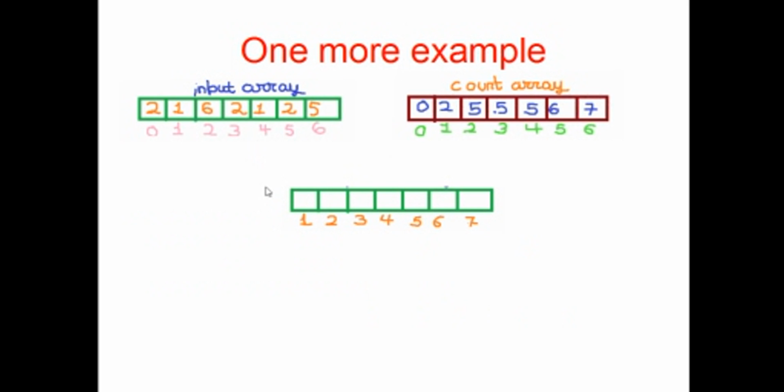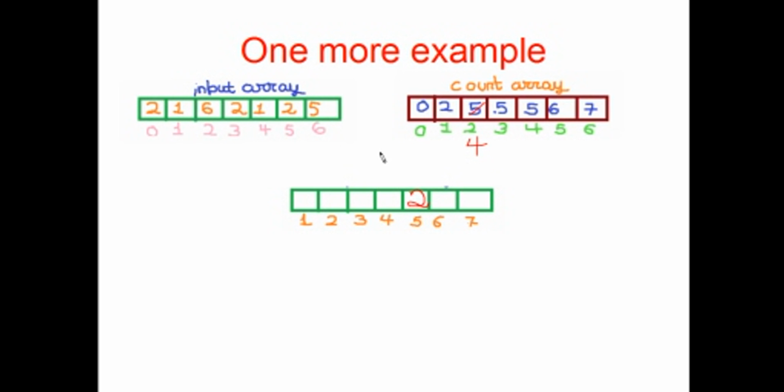Let's take one more example. Here in the input array you can see that there is some sort of repetition, so I have chosen this example so that you can have a better understanding of how this sorting algorithm is working. I have already created this count array and I am sure you'll have no problem in making it. Now let's emphasize the output array. You have 2 at the first position, that is at the 0th index. So go to 2, you will have 5 in it, store 2 here. And decrement this by 1.